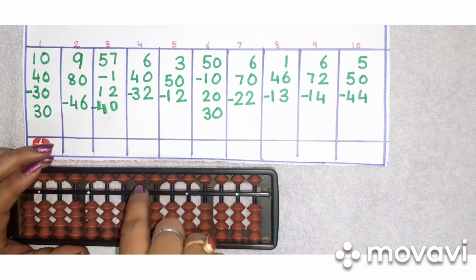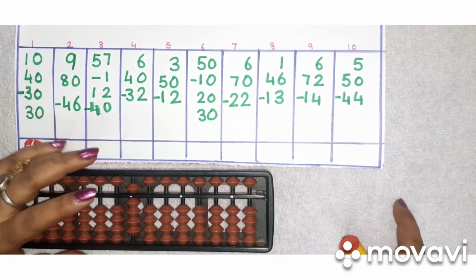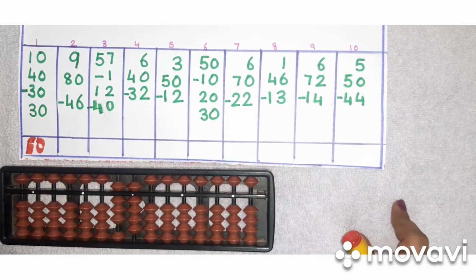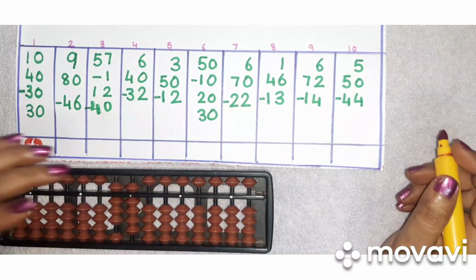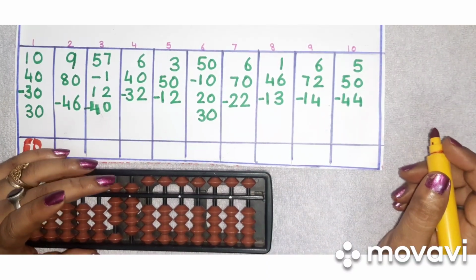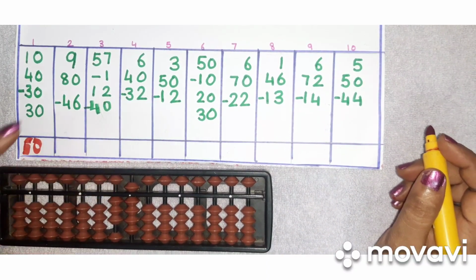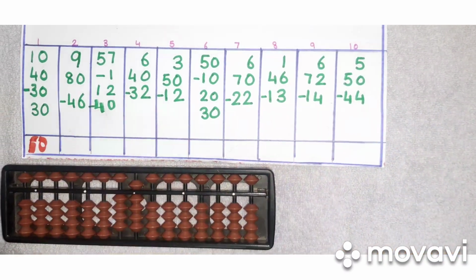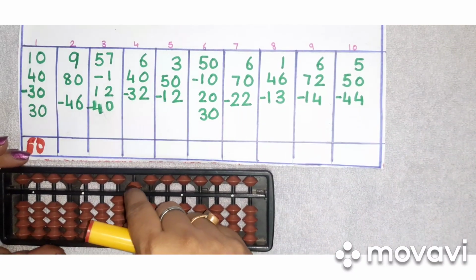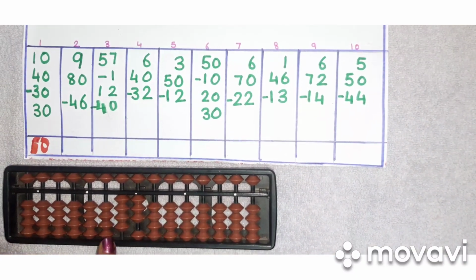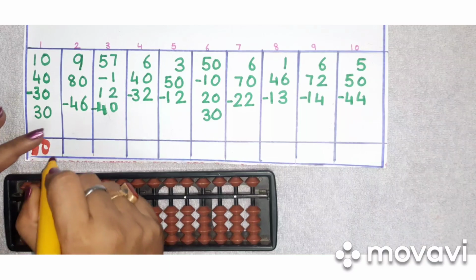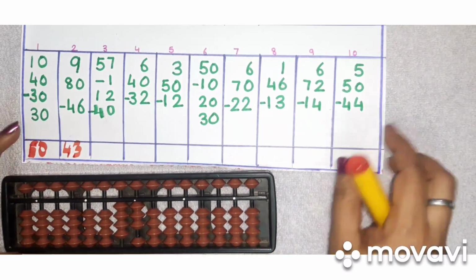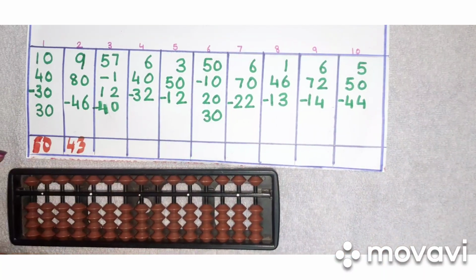Now come to the next one. Now it's a single digit first, it's 9. Now next is 8080. Now children, less 46. Now less 40 how can I do over here? By the small friend. So less your boss 50 and 40's friend is 10. So we are going to add 10. Now for the ones rod 6 is very easily we can do directly. We are going to less 6. Answer is now how much? 4343.